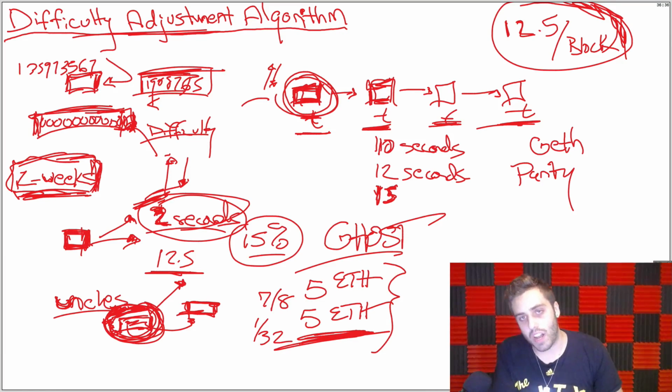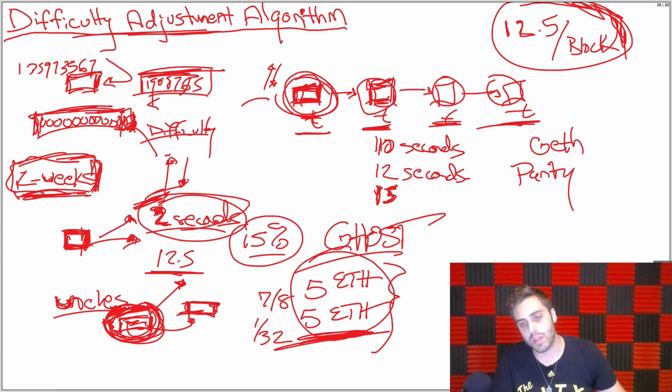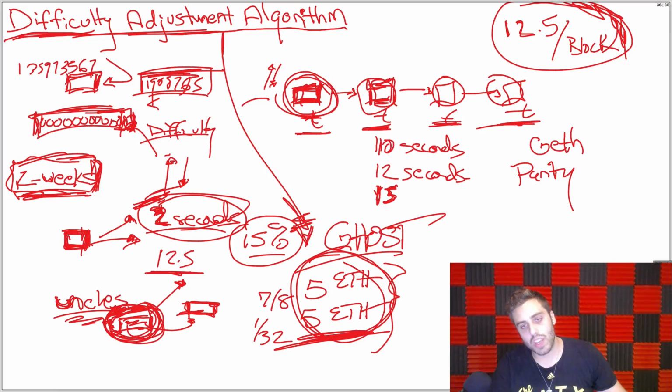So the difficulty adjustment algorithm is adjusting for blocks on the main chain, but it's not adjusting against the disbursement of new ether. So there's going to be a change in Byzantium to modify the difficulty adjustment algorithm to take into account these uncle blocks. And what that's going to do is make the difficulty adjust in concordance to the amount of new ETH that is actually being manufactured. So that means that the inflation rate of Ether will actually be controlled by these difficulty adjustment algorithms, as opposed to just the timestamps. And that can mitigate against potential attack vectors with people manipulating the uncle rate and the difficulty adjustment together to try and game the system somehow.